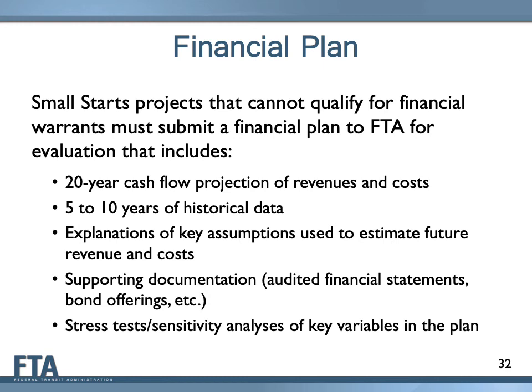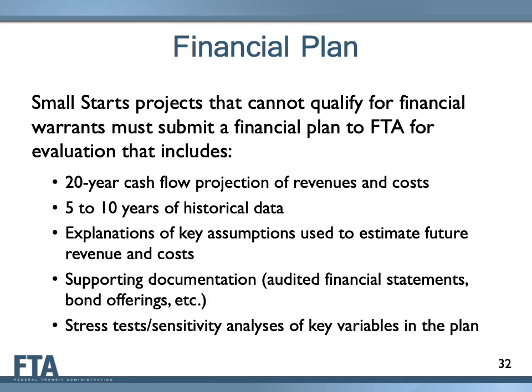The financial plan and cash flow includes 5 to 10 years of historical data on revenues and costs. For each funding source, the financial plan describes whether the source is an existing source or a new source. For new funding sources, the plan describes the steps necessary to implement the sources and the anticipated date the sources would become effective. Importantly, the financial plan examines the assumptions used to estimate future costs and revenues.